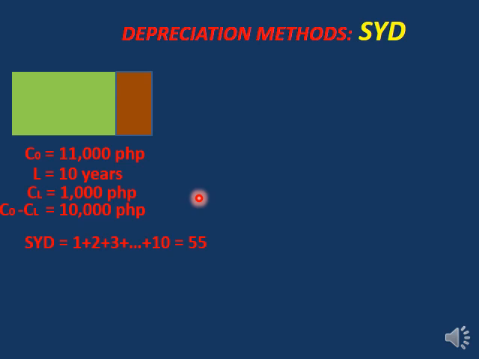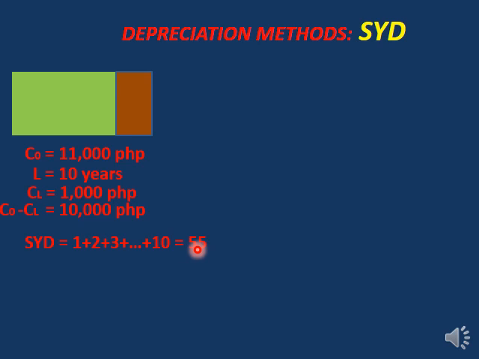And then, we compute the sum of the digits. Because this photocopier has a life of 10 years, first we compute the sum of all of the digits of the year. First year, second, third, up to its last year, 10, which in this case is 55. So if the life of the machine is lesser than 10, it will be easier to compute. But if the life of the machine is greater than 10, it will be difficult to compute